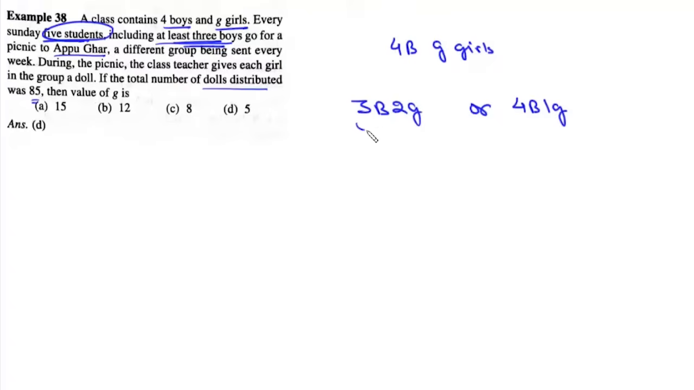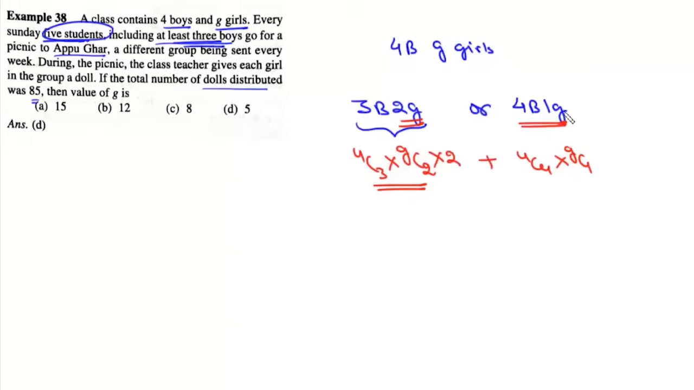Now the number of distinct ways in which we can choose 3 boys and 2 girls is given by 4C3 into GC2, and here it will be 4C4 into GC1. Now in these strips, since there are 2 girls, the number of dolls required will be this case into 2, and plus here, since there is only 1 girl, it will be into 1, and this value